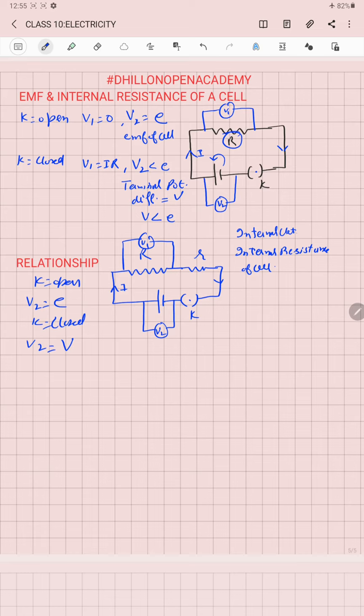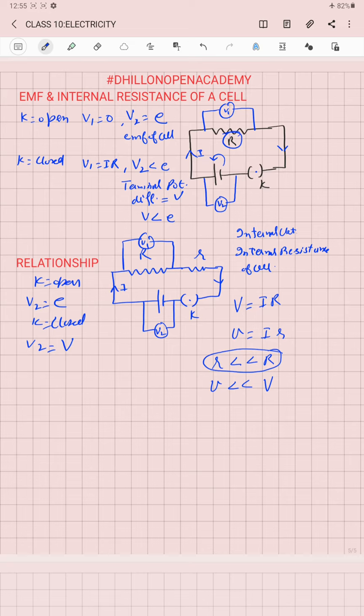Now you can understand why the voltage is decreasing, because the same current is flowing through both the resistances. So in this case, for the external resistance, the voltage produced across it will be equal to I into R, and the voltage produced across the internal resistance according to Ohm's law, which we will label as small v, will be equal to I into small r. Now always remember that the value of internal resistance is very small as compared to the external resistance. This means that the voltage produced across the internal resistance is also very small as compared to the voltage across the external resistance.